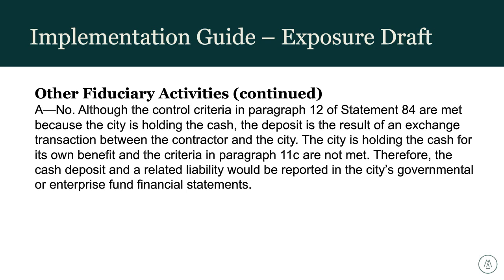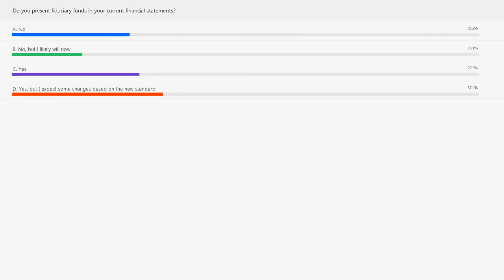All right, I think we can go ahead and take a look at the results. So pretty evenly spread, really. And if you look at the first two, about 40% do not currently have fiduciary funds, but of those, roughly half or 15+% likely will now. And I think that's, as you start thinking about implementing this standard, or hopefully you've already started thinking about it,